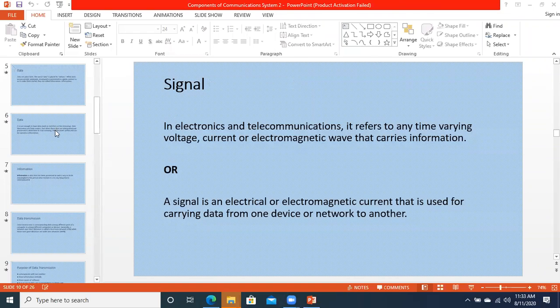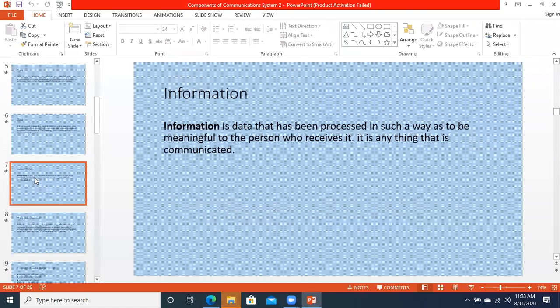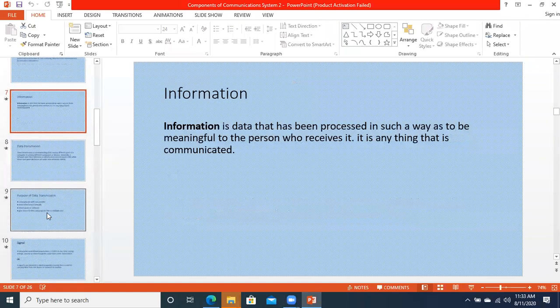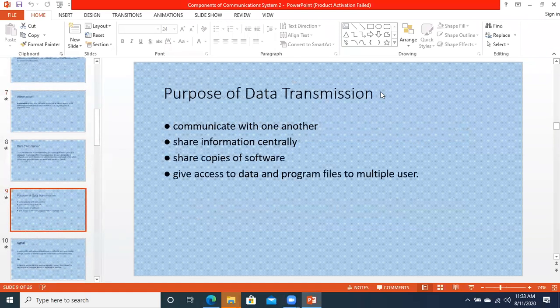Similarly, we discussed information yesterday. We discussed transmission as well. What is meant by data transmission? What is meant by a signal? Who will define what is meant by a signal so that we can move ahead? What is meant by the signal? Yes, kindly